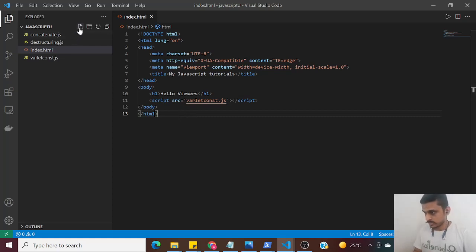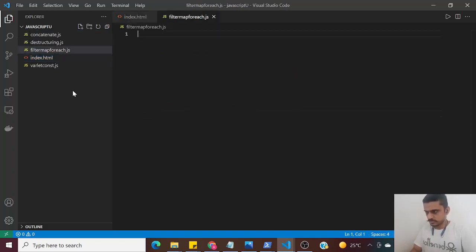Okay, so let's create a new file and rename it as filter map and for each.js. Right, so